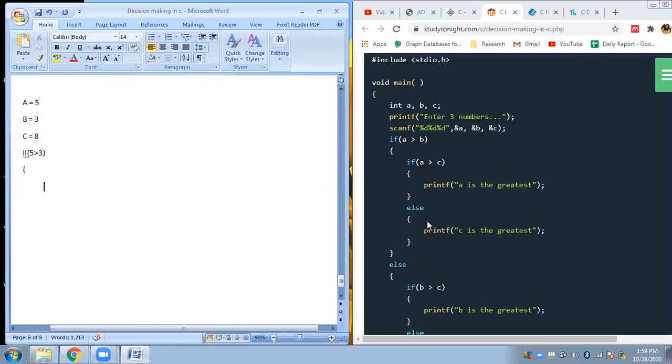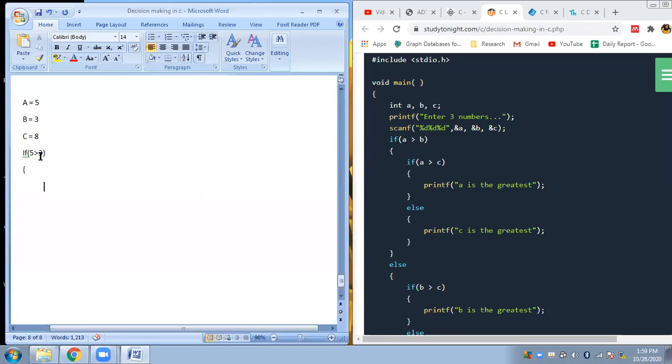Once you get inside, it clearly means that this else part will be omitted now. You have only two choices: either the if part will be satisfied or the else part will be satisfied. Since our if condition was satisfied, we don't have to check the else part. So this can be easily ignored and will not be executed now. So you have only this part.